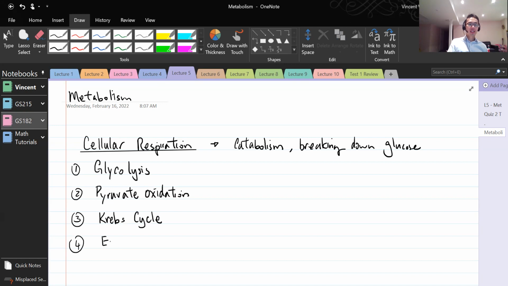And then finally, the electron transport chain, or the ETC. So essentially what's going to be happening is these first 3 steps, the glycolysis, pyruvate oxidation, and the Krebs cycle, you will be releasing